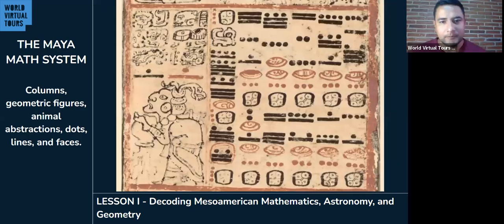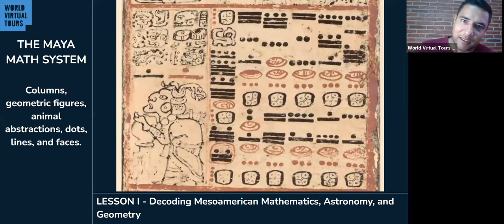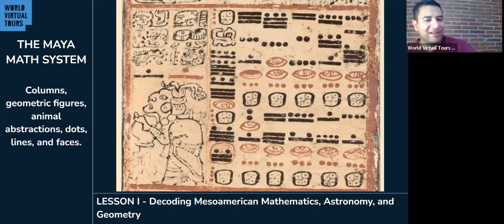So this is the system. These are the actual Maya numbers. Okay, this is one of the documents rescued with archaeology, and we see different things here in this board. Of course, we are now going to explain this, but I want you to notice the different contents